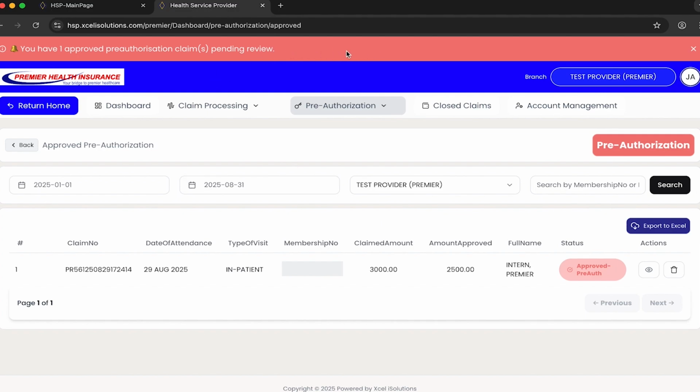You see the notification, it comes at the top pane with red. That says you have one approved pre-authorization. So over here, I must go to my pre-authorization approved, click on view,